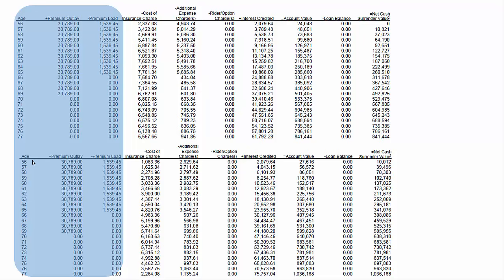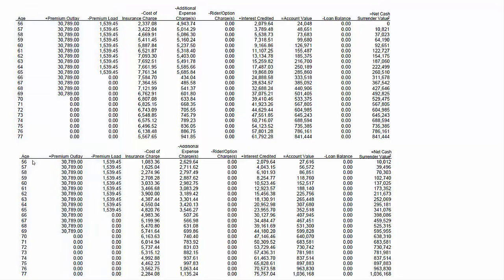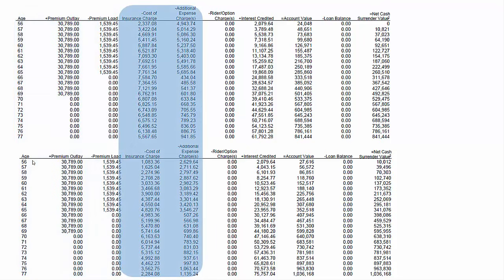One is structured to be efficient. The other is structured to pay the agent as much as possible. And I think you'll see which one it is. So since the premium load is identical, let's just do away with that column. What I really want to focus on are these two highlighted columns here, cost of insurance charge and additional expense charge. Okay, the first thing that I want you to notice,